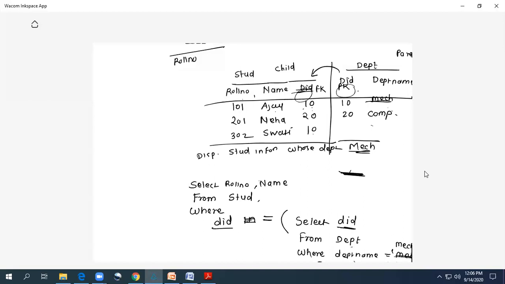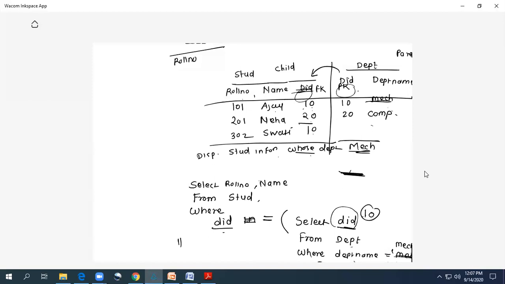So this inner query will return the department ID of the mechanical department. In our example, it is 10. So this 10 we are matching with the student table. In the student table, there are two records matching the condition, that is Ajay and Swati.